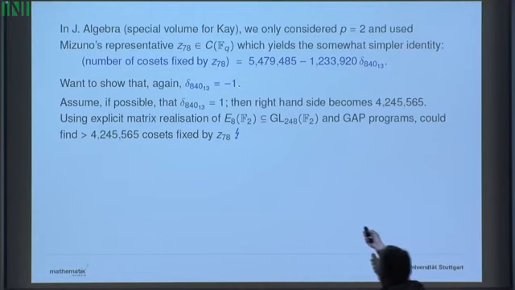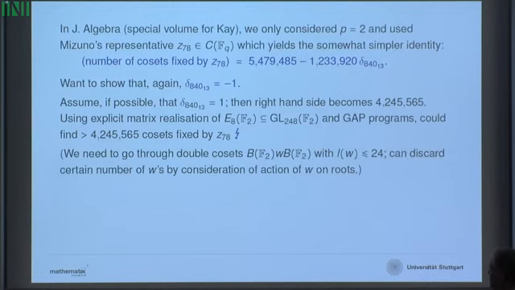So you see, from the nature of these equations, sometimes you don't need the exact number, you just need a bound, a lower bound for the number of cosets. So you need it to go up to lengths of 24. By looking at actions of Weyl group elements on roots, some technical things, you can discard a certain number of Weyl group elements beforehand, before doing any computations. But anyway, the nasty thing was,